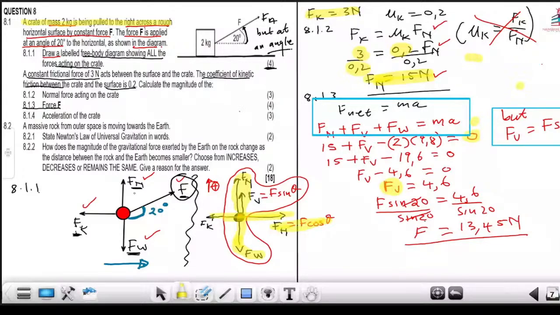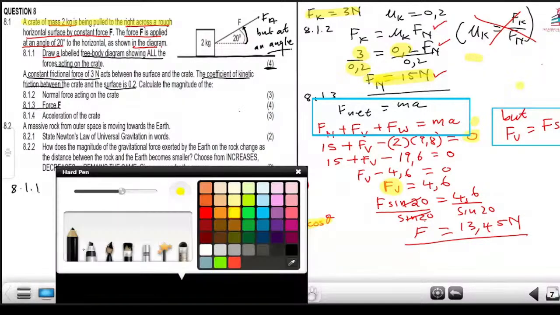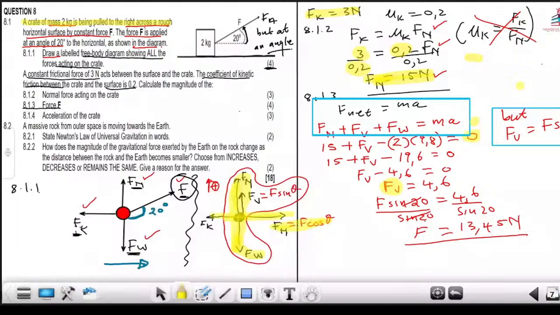But when I consider my vertical forces, which will be now Fn, which will be now Fv, which will be now Fw,